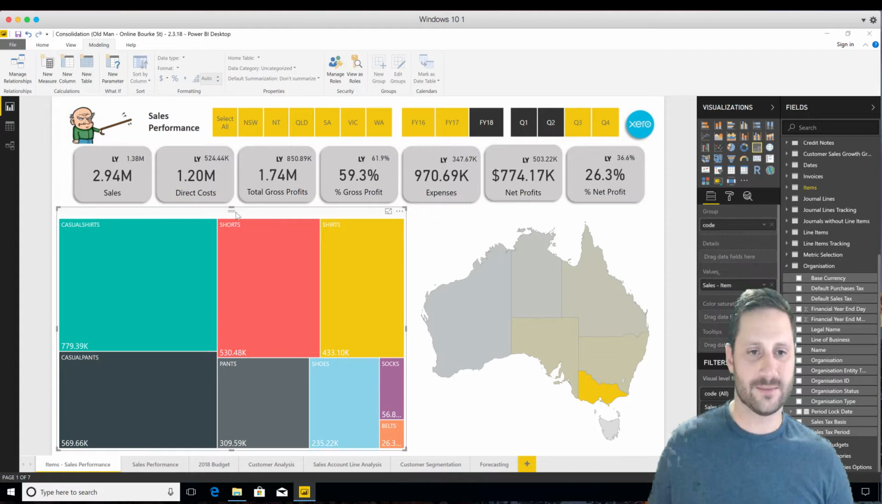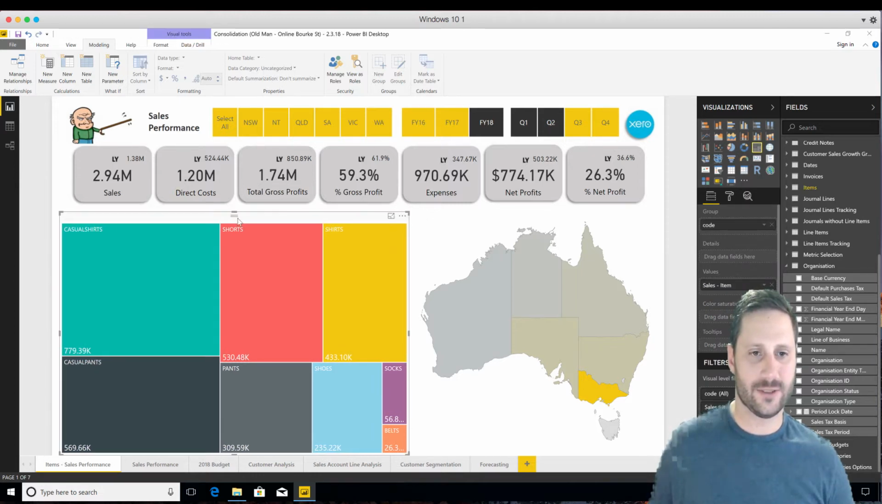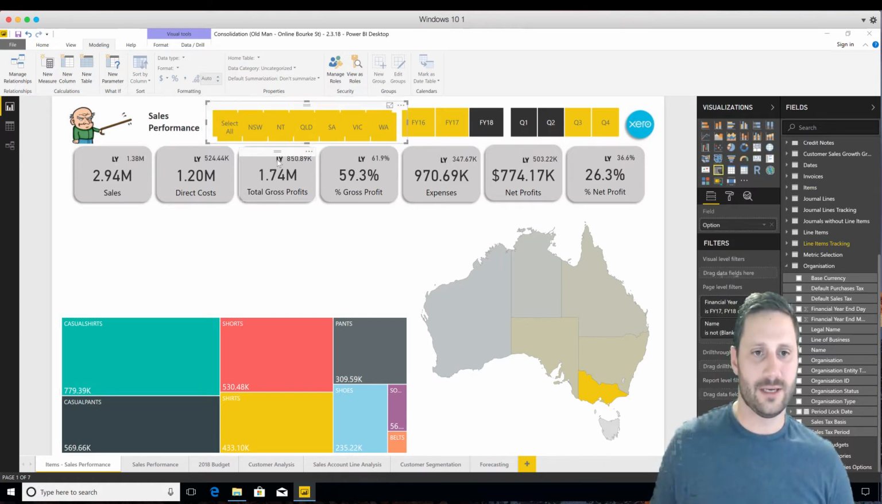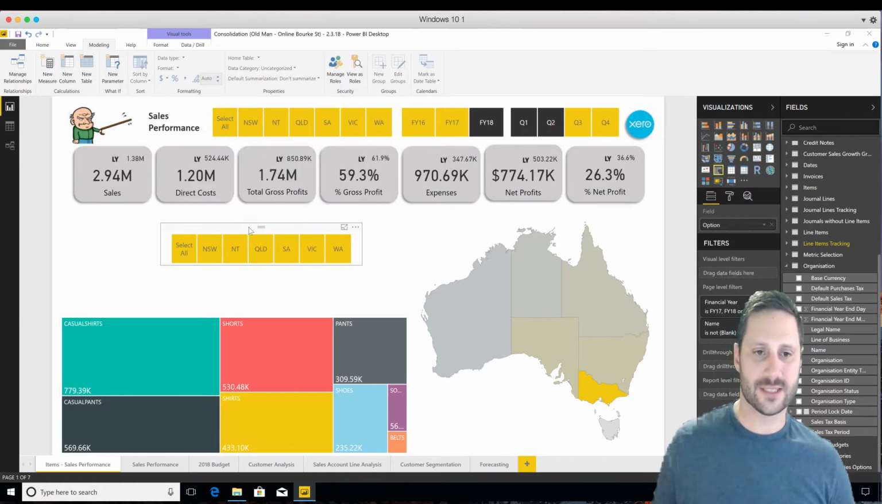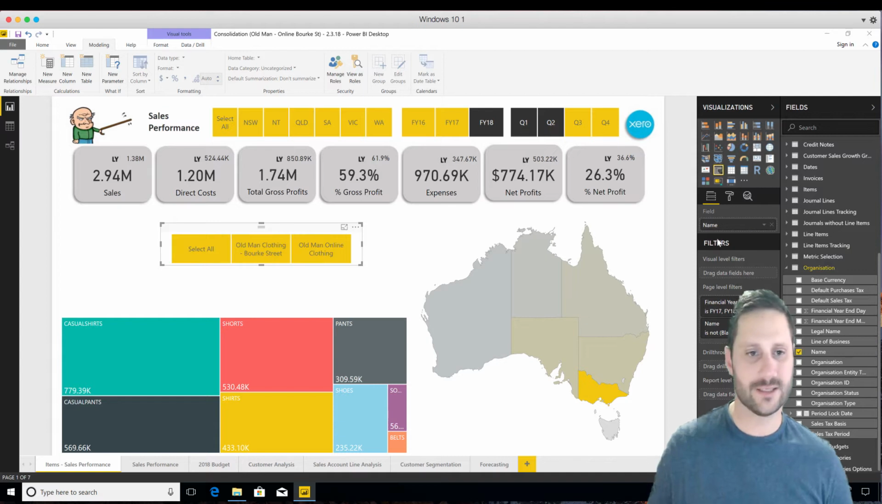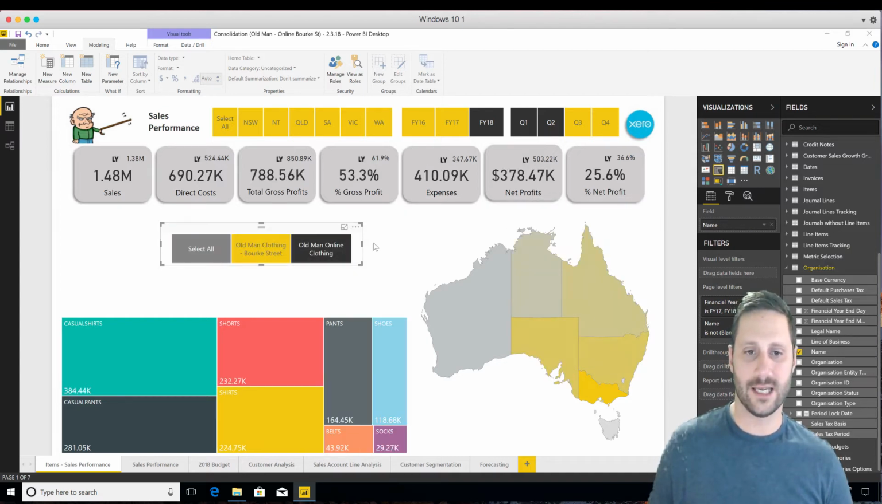But if we just make some space here, I'll pull that down, and I literally choose this dimension and move it down. So instead of slicing it by state, we're going to slice it by our organisation. So I'll just grab the organisation name and stick it into the slicer. So here is our Burke Street and our online front. So you actually select the online front